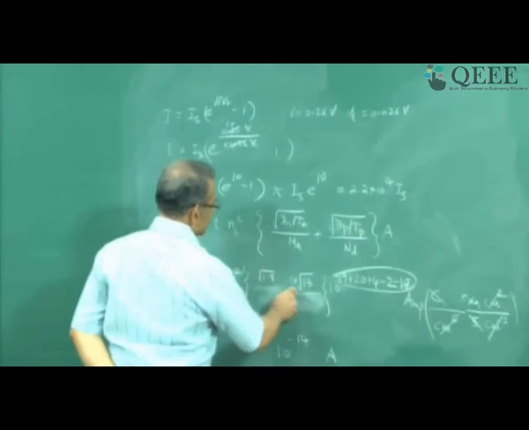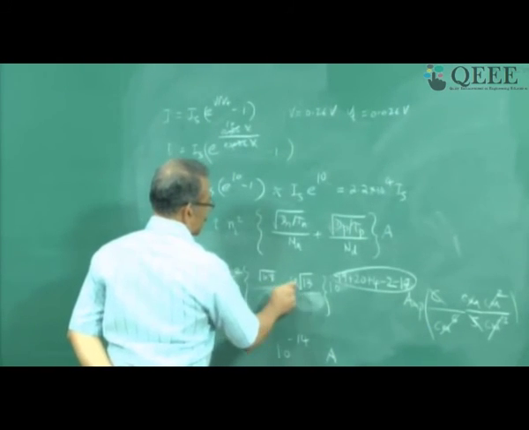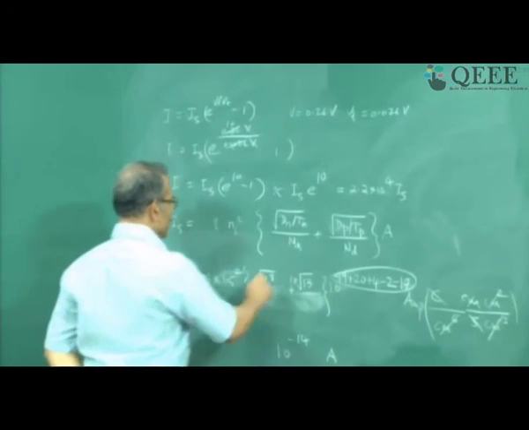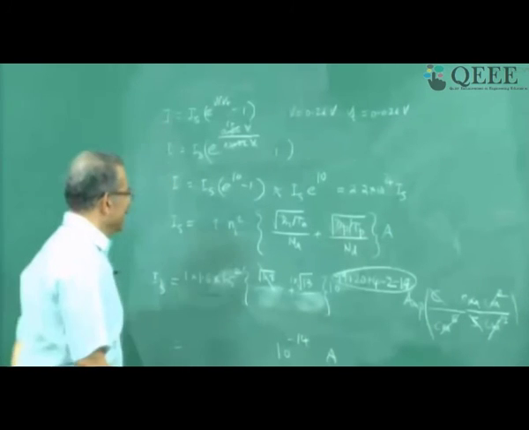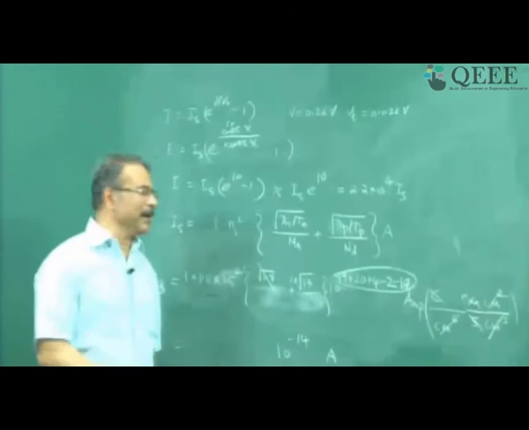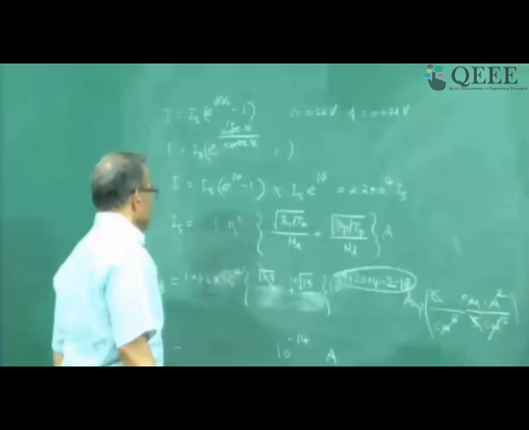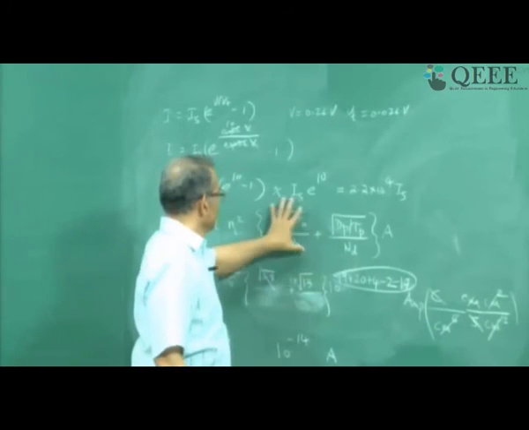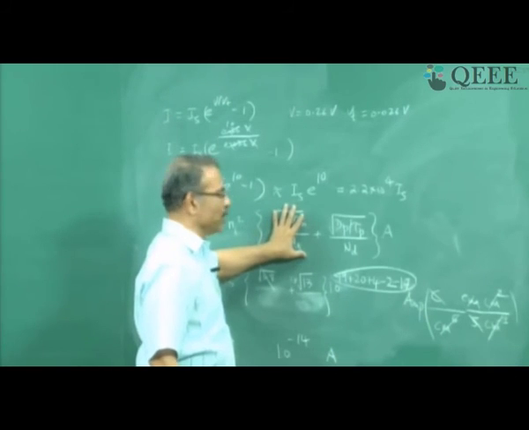Now here I can see that this 10 into root 13 will be much more than root 1.8. So I really don't have to bother about this. I can neglect this. As I said, engineers should approximate. In fact, so this is clear, when any one side doping is more, the terms corresponding to that side will be small, right?